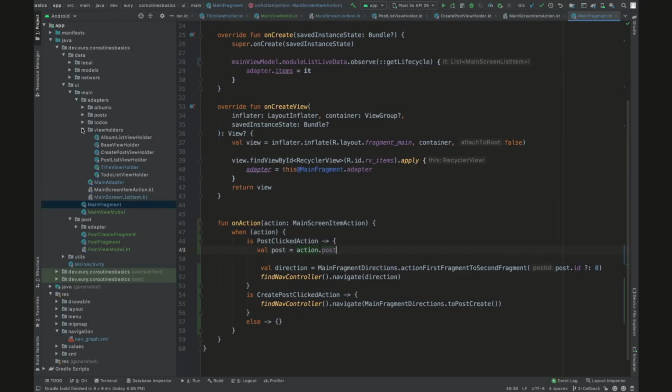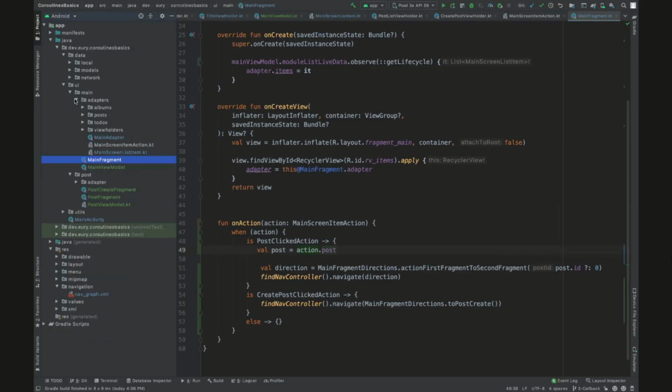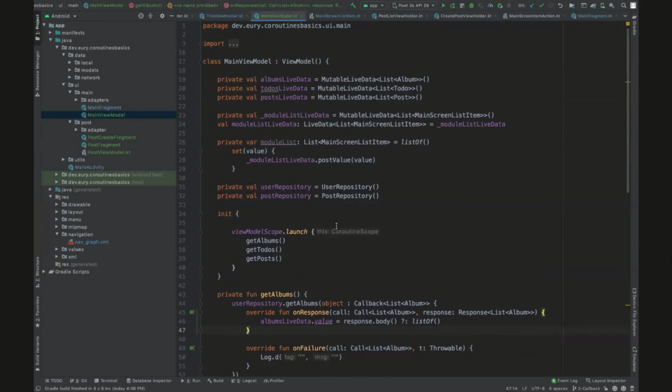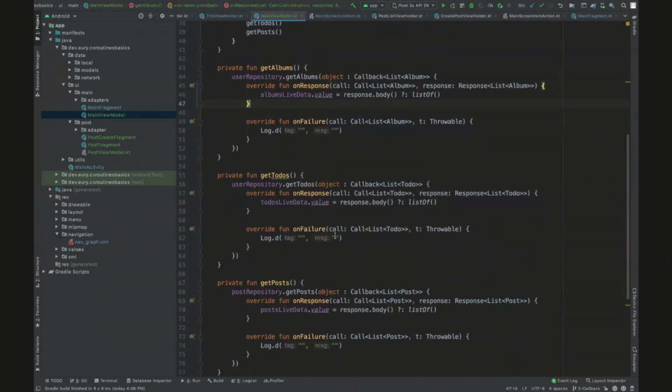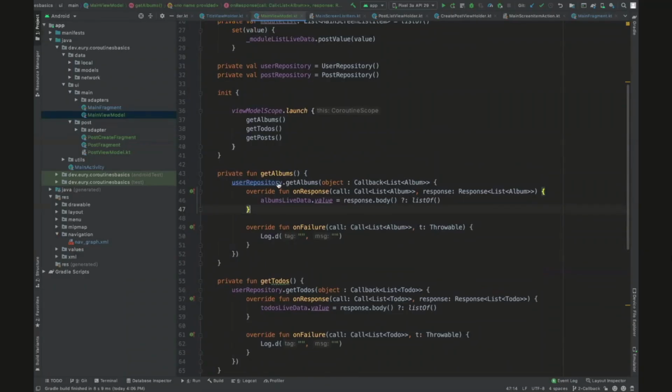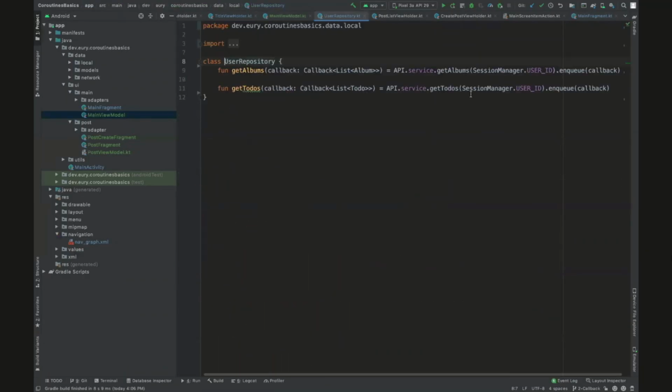So let's see what we have in our view model. And this is what we are going to rewrite. So this is the interesting part. In this case, we have many. So let me first go to, yeah, we saw the repositories, right? So in our repository that we saw, we have